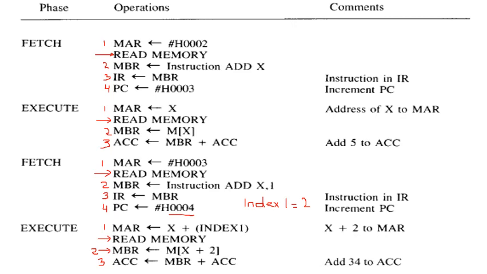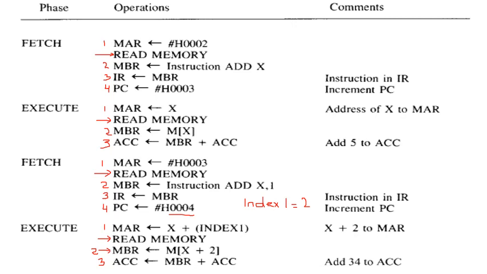So now we will discuss the instruction fetch and execution process for the instruction addx. Again, the instruction fetch process will be the same for this instruction. In the first step, the address from PC will be given to the memory address register. Memory read operation will be performed, and the instruction, that is addx, will be transferred to MBR. So that will be step number 2 of the instruction fetch process for instruction addx.